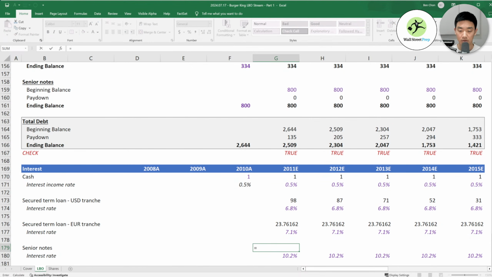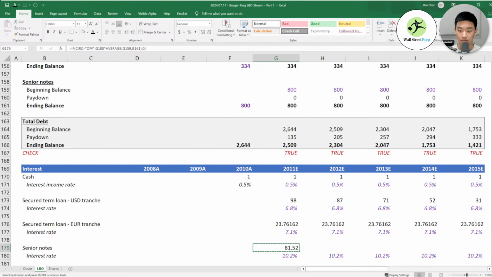Last but not least, if circ equals off, give me interest rate times average of beginning and ending balance.